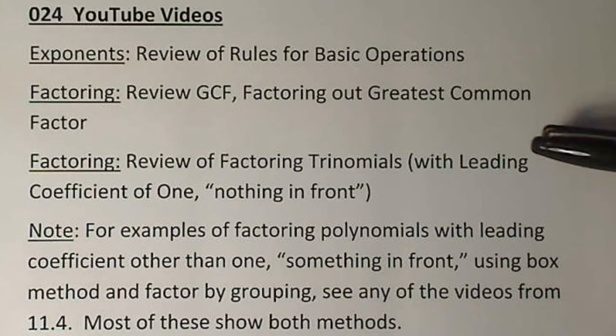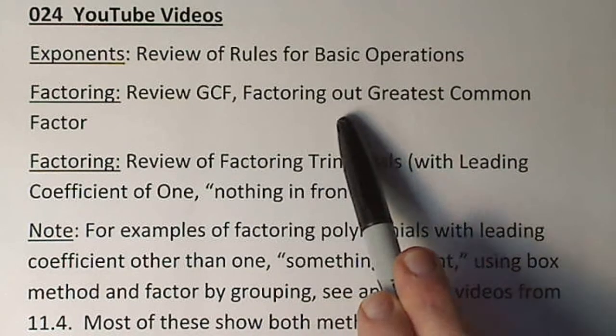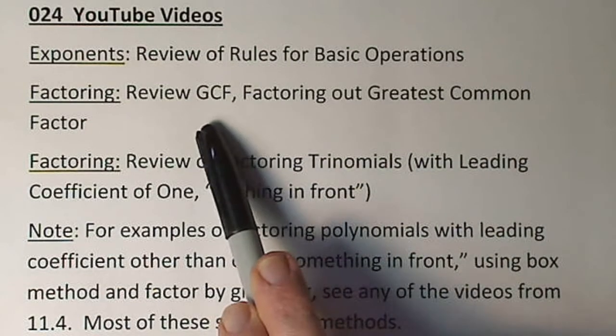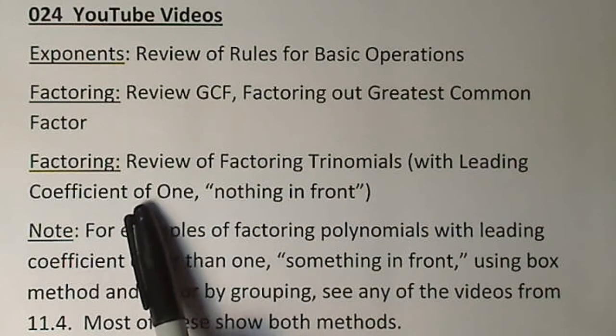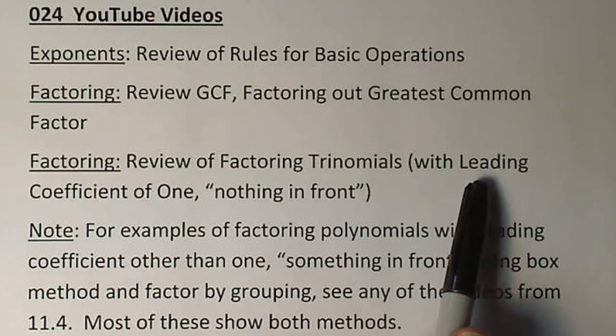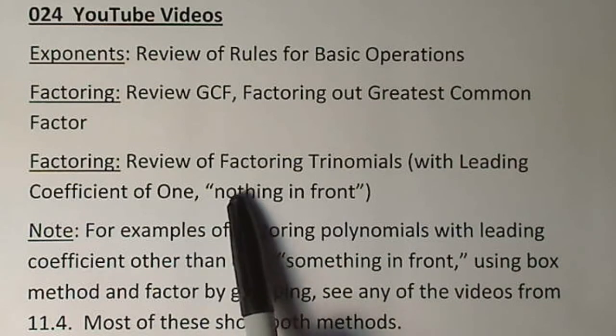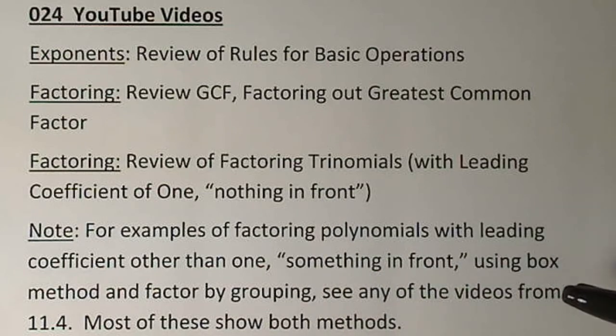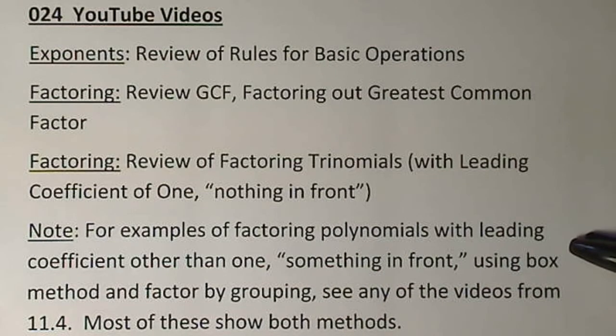review of factoring. Well, this would be factoring out the greatest common factor, which we just usually say the GCF, and then factoring in general. But this is with leading coefficient of 1, or a lot of times I'll just say, oh, there's nothing in front. And then for examples of maybe some of the more complicated ones,